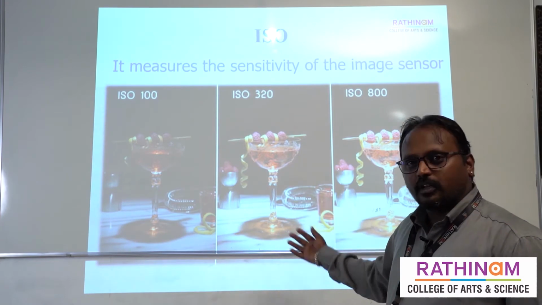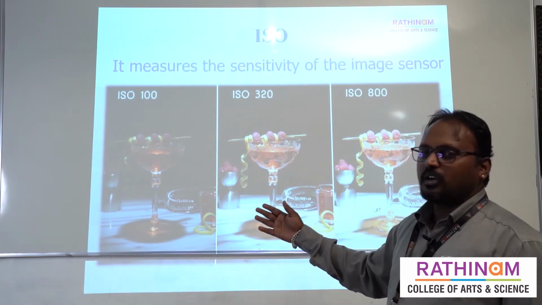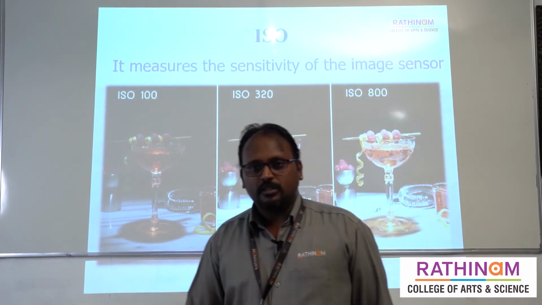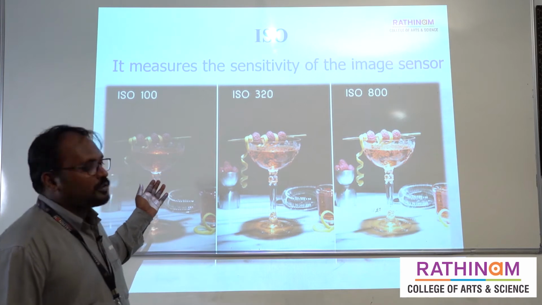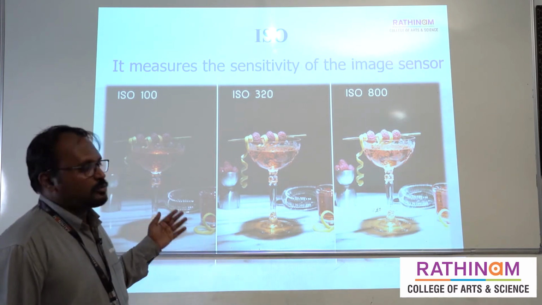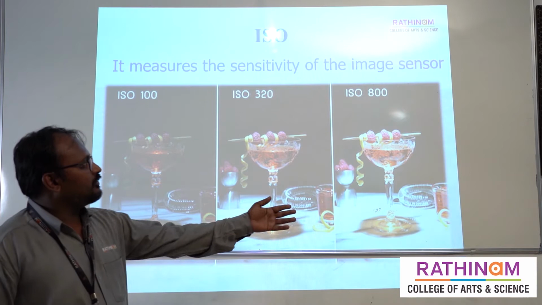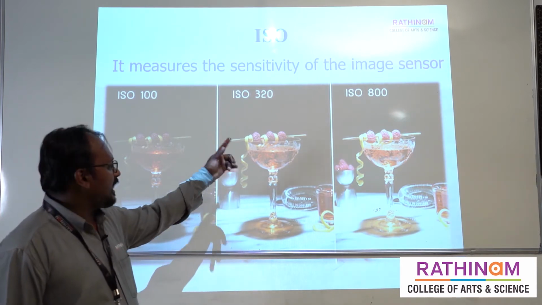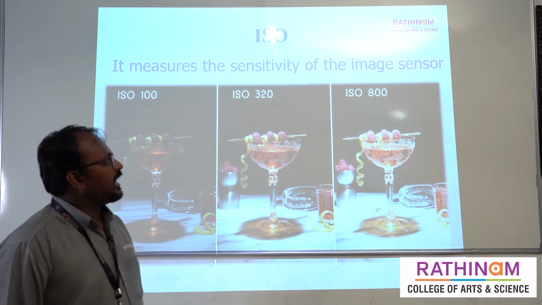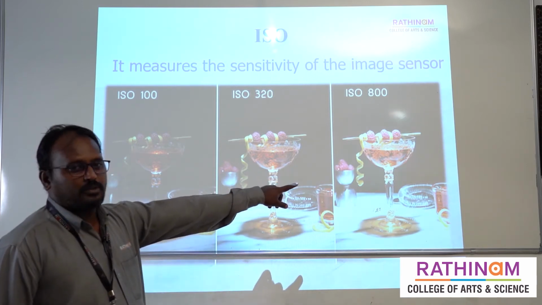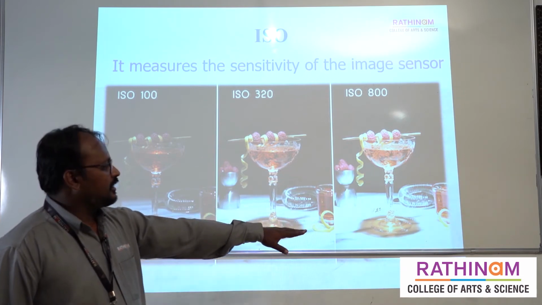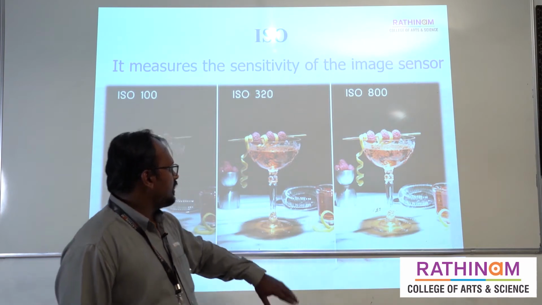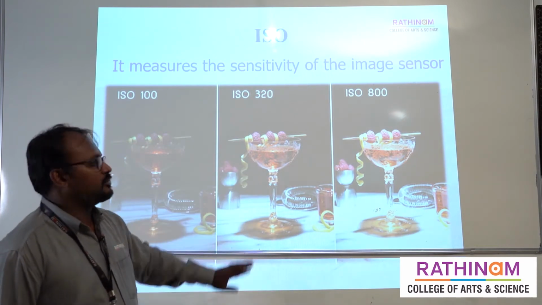These are three photographs I have given here. What is the ISO setting, and what differences can you see in these photographs? In the first photograph the ISO setting is 100. See the lighting difference between these three photographs. If we keep 320 ISO in this photograph, what lighting are we getting here? And this 800 is overexposure. So much light is there. The table color is overexposed. This is the correct lighting according to this subject.